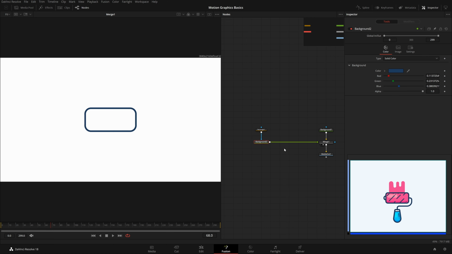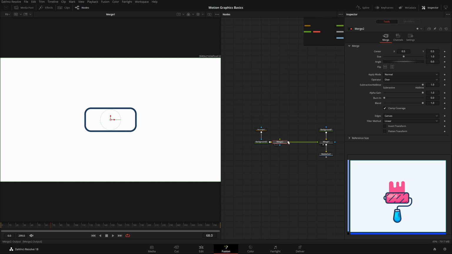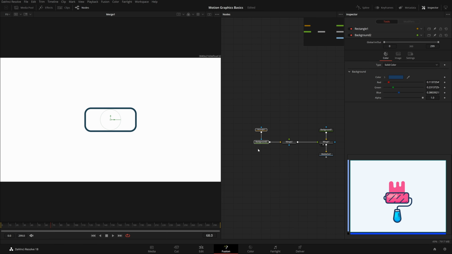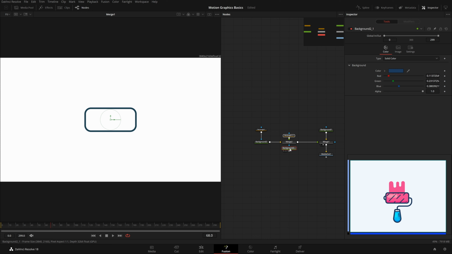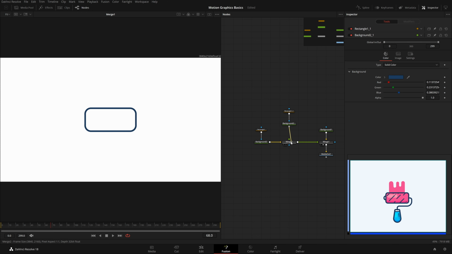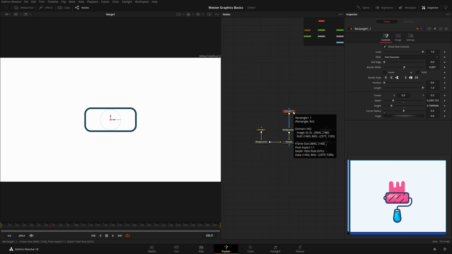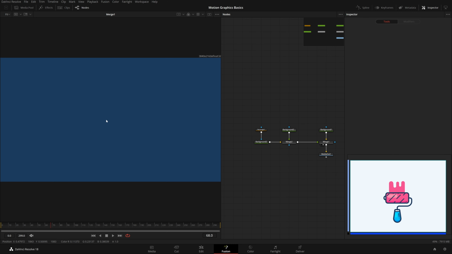Or what you can do is delete it. After this, just add a merge, so MRG for merge, short form. Now copy this background and rectangle with Ctrl C, paste it with Ctrl V, and boom, you have this. Connect the output to this input of the foreground, and in this one, let's delete the rectangle mask and instantly